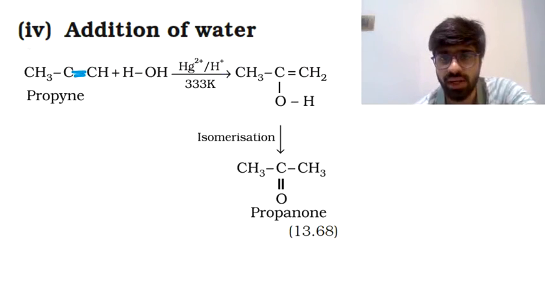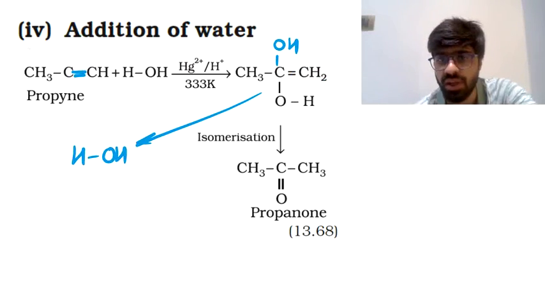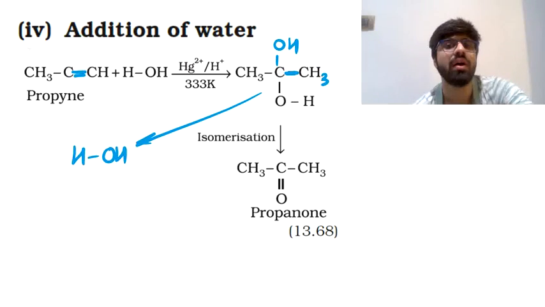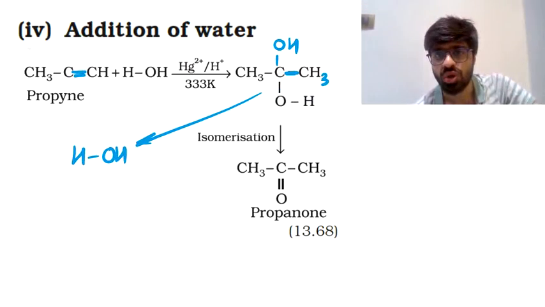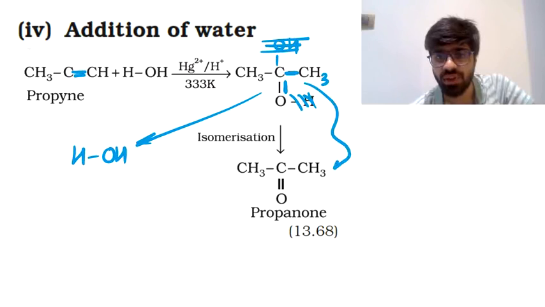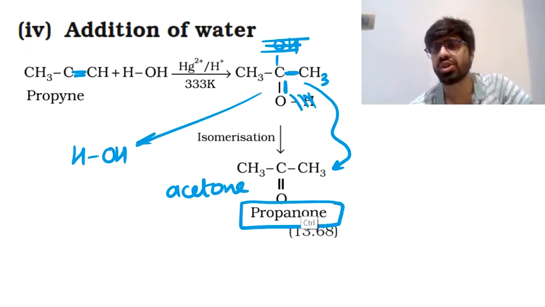Okay. Now you can add a water molecule again to it. So OH will attach with the middle carbon atom here, and H will go to this carbon atom making it CH3. This becomes a single bond, and from the two OH groups which are attached on the same carbon atom, you can eliminate H2O. So OH gets out from here, H gets out from here, so H2O comes out, and there's a double bond formation here. So that gives you the formation of CH3, C, CH3, double bond oxygen, which is the very compound that they have written here. You call it acetone, or in IUPAC nomenclature you call it propanone.